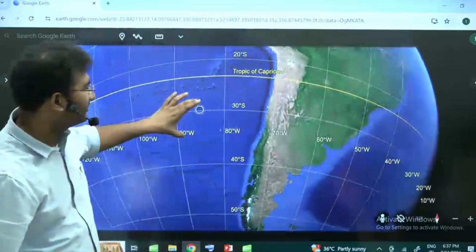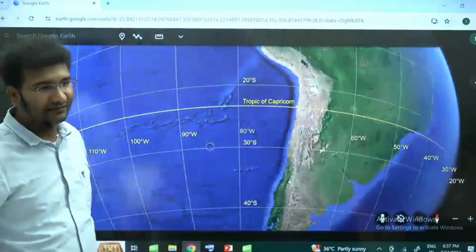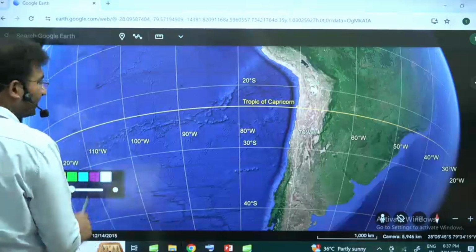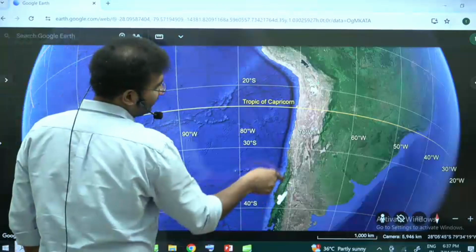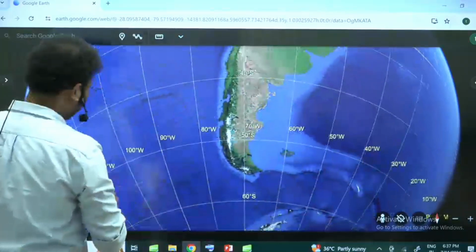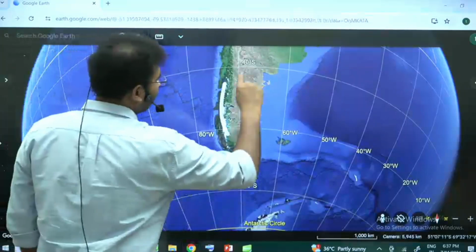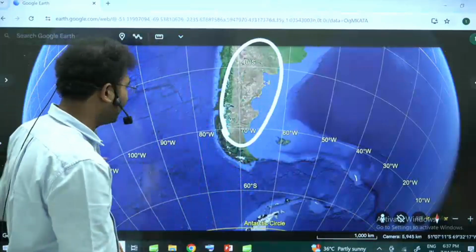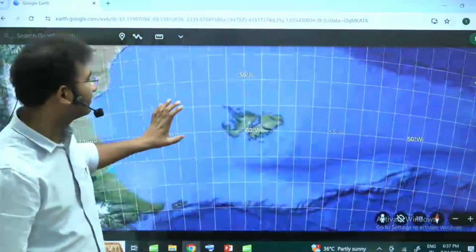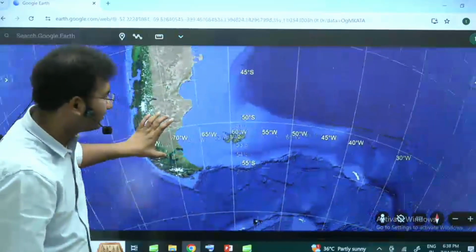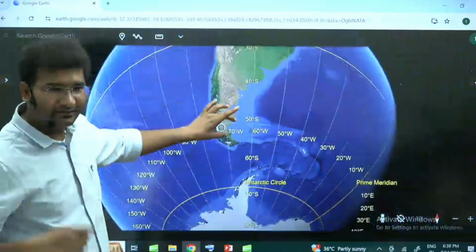Come to South Africa. Again in the South Africa, you look into the western part of Africa, South America. This is a desert. And come to this part of the area. This is also a desert. Now this small island which is called as Falkland. ठीक है? इसी को कहते हैं Falkland Island. Now see here. Now look here. Everyone look onto the board.